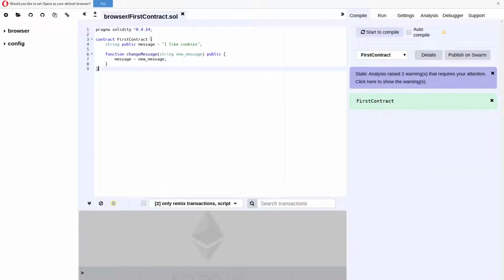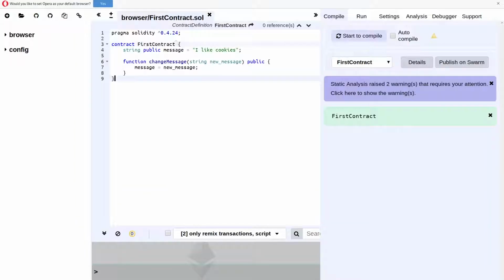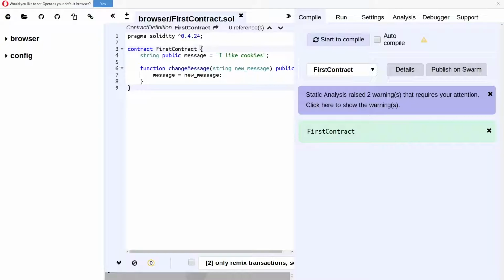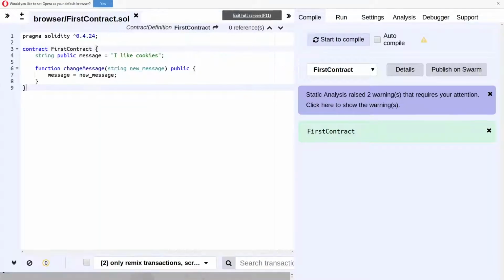Here we go. Let me actually make the code a little bit bigger. That's very big now, the screen. Yeah, okay. So like this, you can probably easily read the text. We can move that out of the way. So this is the file we ended up with at the end of episode 3, which is a very simple contract, and we can read out the current message that's in there and change the message by passing it a